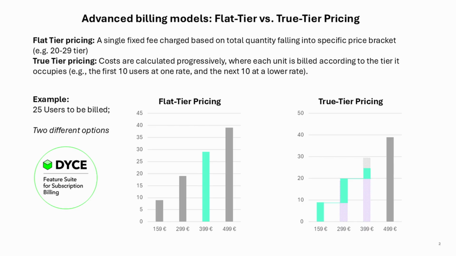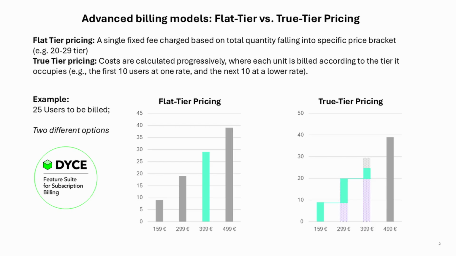Let's assume your customer requests a total of 25 users of a certain product. If you define flat tier pricing, a single fixed fee is charged based on the total quantity, defined by the specific price bracket. So in this case, the price bracket is the one up to 30 users, so the system will suggest a price of 399 euros. Nevertheless, if the customer requests 20, 25, or 29 users,